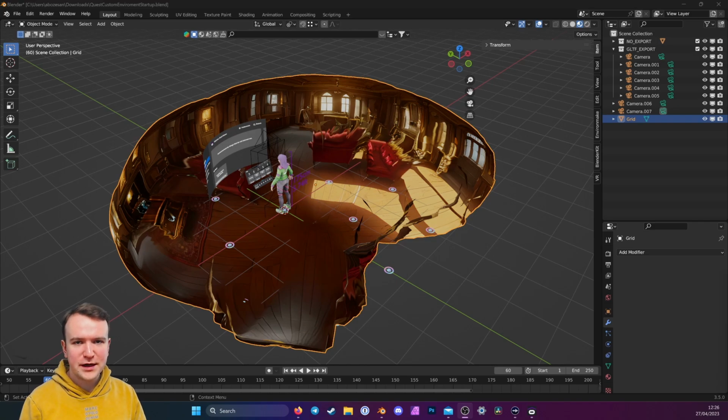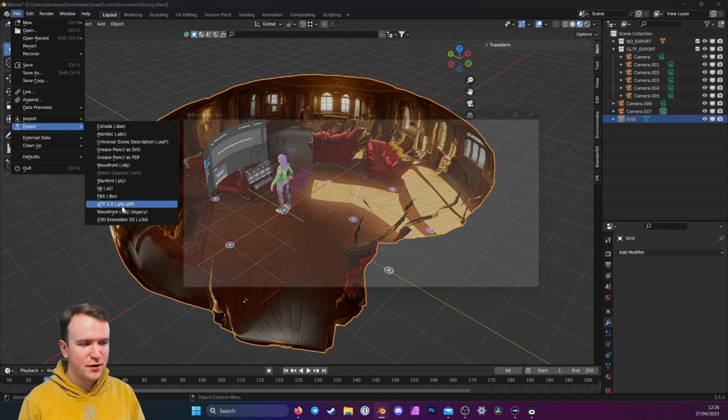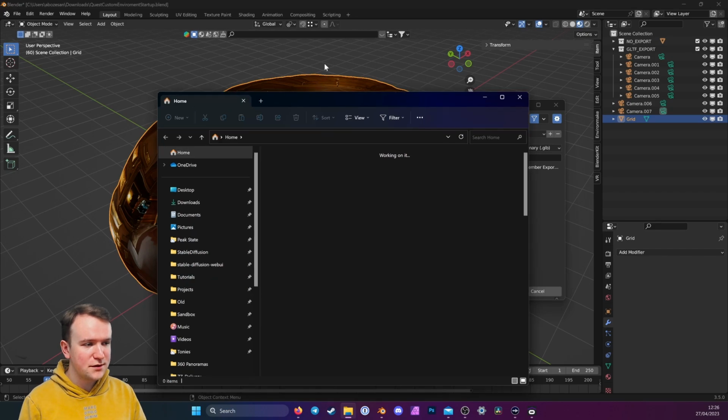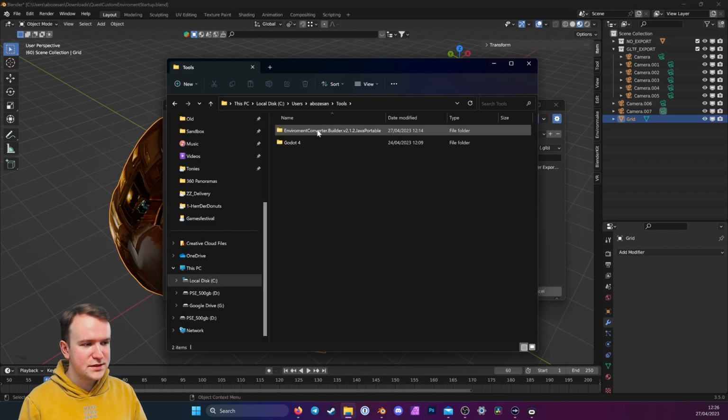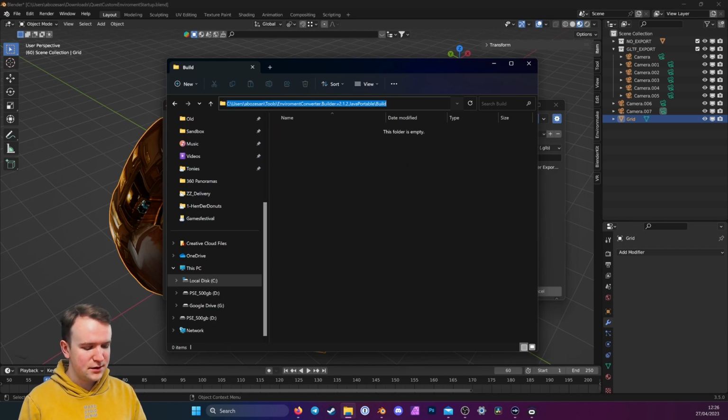And now you need to get this into the environmental converter. So how do you do that? Well, you have it selected. Make sure that your object, your room, is the only thing selected. Go to File, Export, GLTF 2.0. And now you're going to go into the folder where you installed the converter, right? Tools, Builder folder, under Build. So you go in there, get this path,